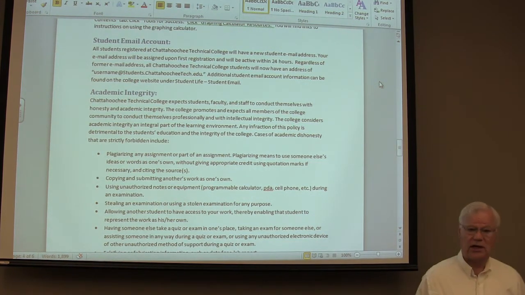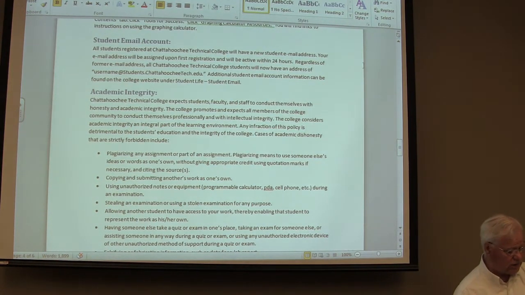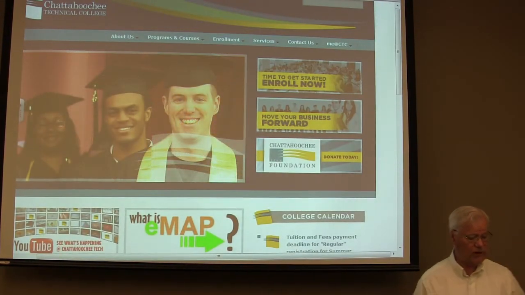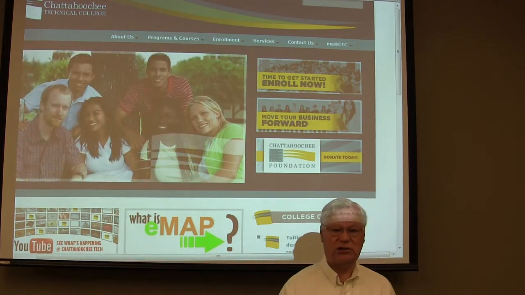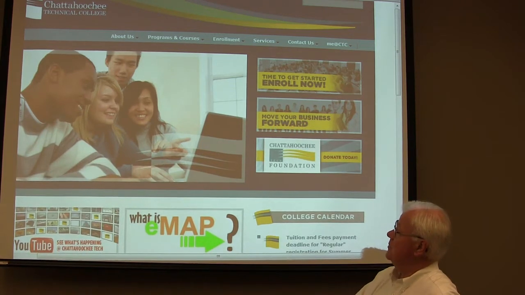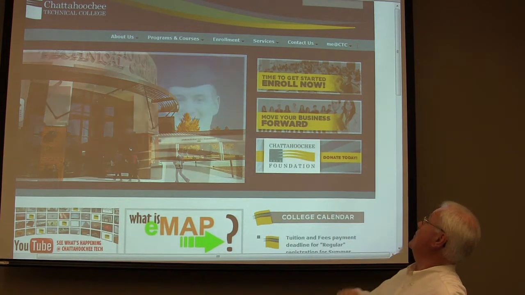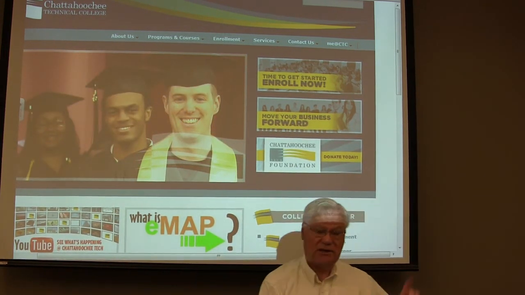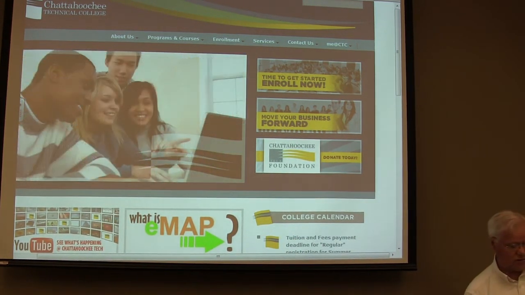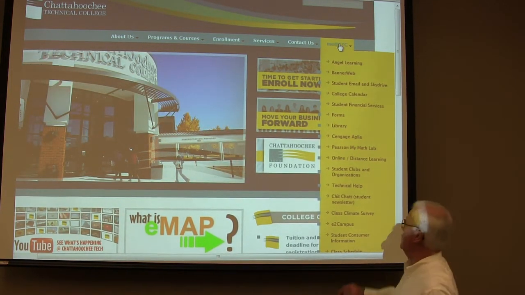Okay, let's take a look at how you register for the course in MyMathLab. And to do that, what you want to do is go to the school website. That's www.chattahoocheetech.edu. And this is the website that comes up when you're a student. Now, to get to MyMathLab, you want to go across the top all the way over to Me at CTC. That's the last entry over here on the right-hand end. So Me at CTC, if you just run your mouse over it, a menu opens up,